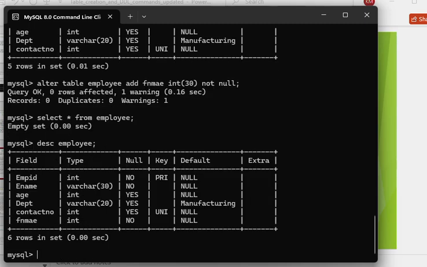I have used father's name, but then I realized that father's name is given int. Father's name can't be of int type. Yes or no? So we need to modify. So in modification, what all things can be done? We can change the type and we can change the width also. So I want to modify. So alter table employee modify